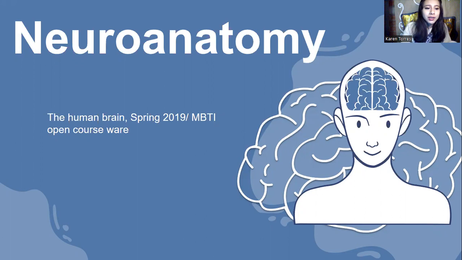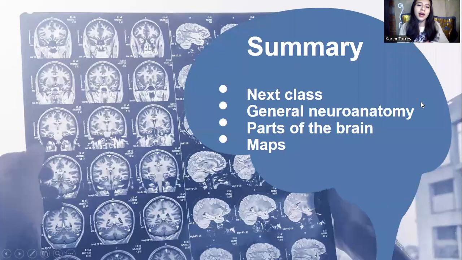And the reason why she made a class about neuroanatomy is because she said that in the next class they will be in a brain surgery, through video call or something like that, but during the class time. So obviously they will see the brain and they need to know the parts of the brain because for the next classes, they will try to understand the brain in general. So it was important. So she made a general neuroanatomy review. She explained parts of the brain and maps.